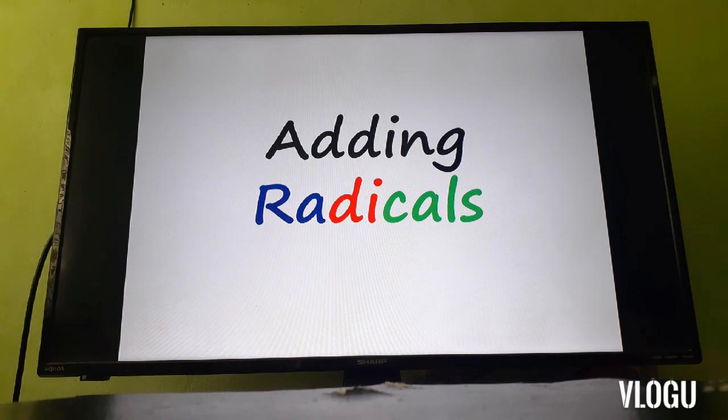Ang pag-uusapan natin ngayon ay tungkol sa adding radical expressions. How are we going to add radical expressions? But before we proceed to our operation on adding radical expressions, let us first be familiarized with the following squares